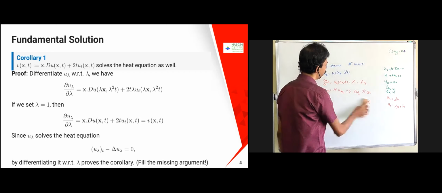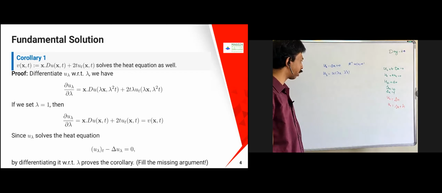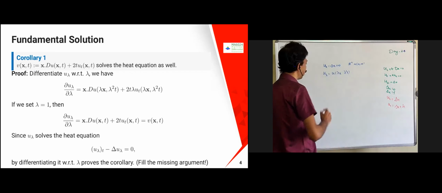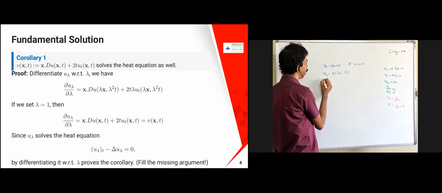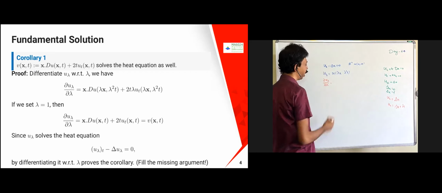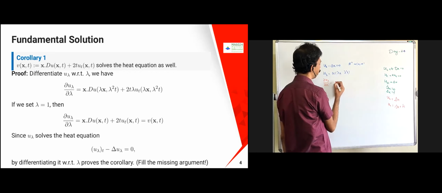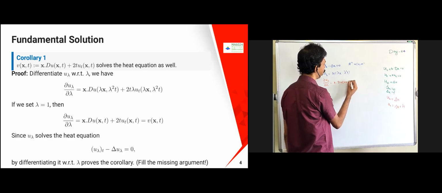So let's see. I have u lambda equal to u of lambda x comma lambda square t. Now what I am going to take is the differentiation of u lambda with respect to lambda. I am just differentiating this with respect to lambda, so I am finding dou u lambda by dou lambda. In that case, what is it going to become? Differentiating with respect to lambda, x dot du of lambda x comma lambda square t is going to come,